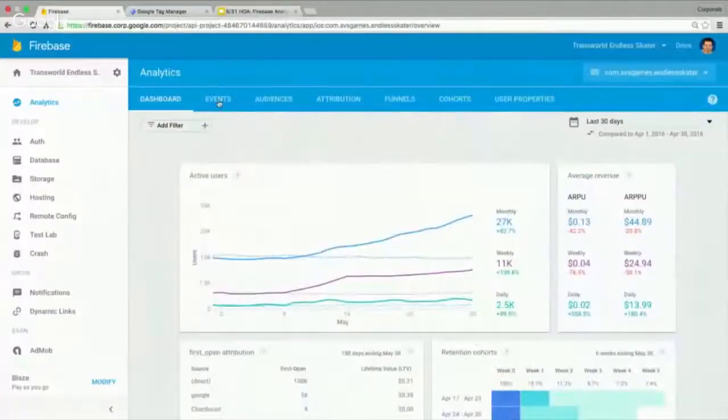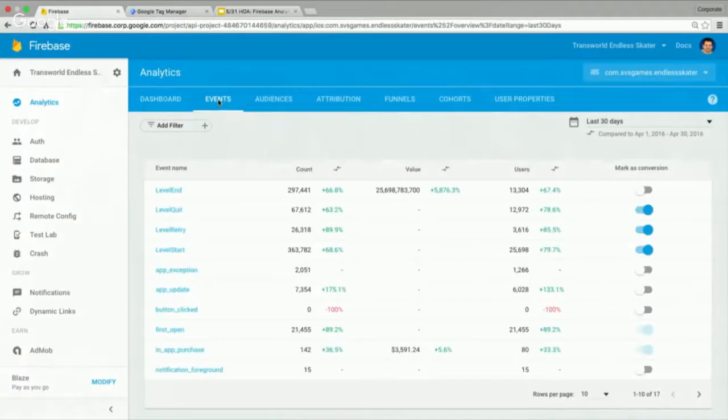So I'll go ahead and tap over into events at this point. And events are basically the currency of Firebase Analytics. Firebase Analytics is run entirely off of events, which are very similar to events in Google Analytics, and user properties, which are similar to custom dimensions in Google Analytics, but at the device level. So I like to consider the verbs to be the events, and then the adjectives are the user properties. I've never heard anybody relate grammar to analytics. I can do